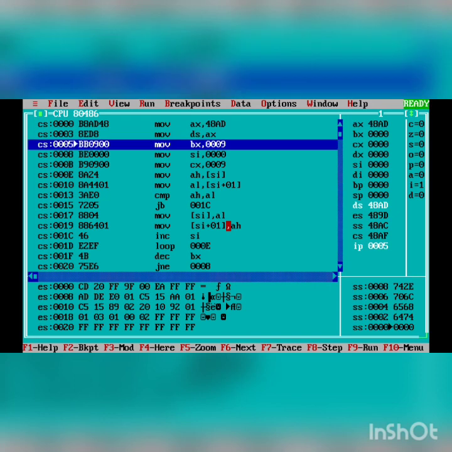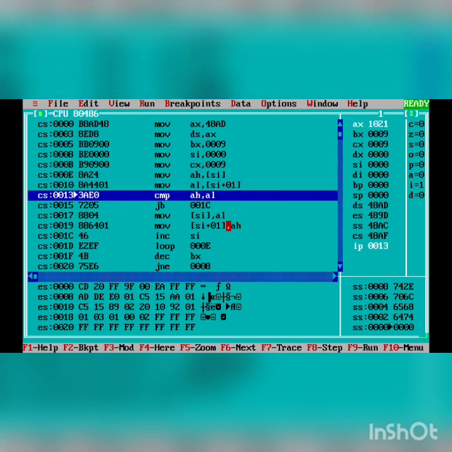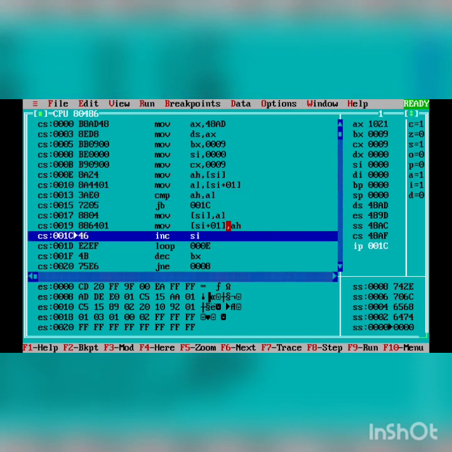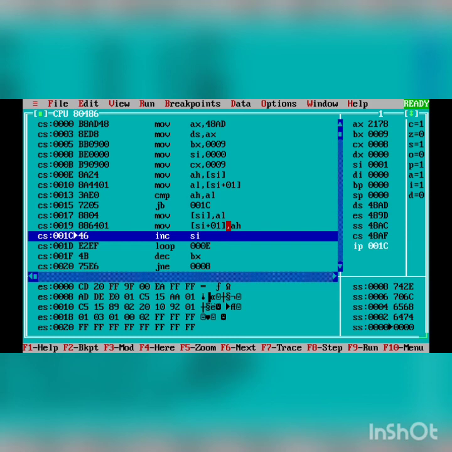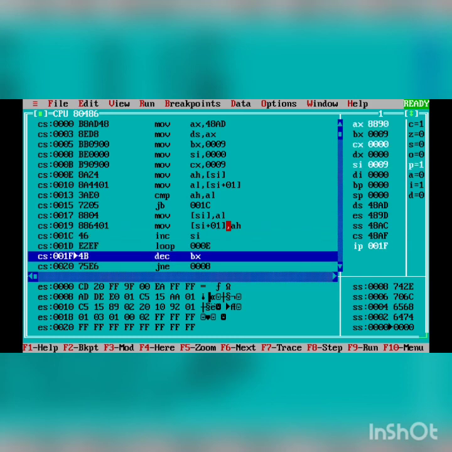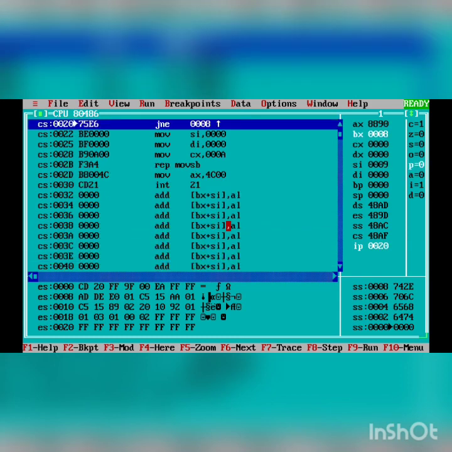Start with the F7. So here we are having the number of passes. In order to skip each comparison and each thing, we can press F8. F8 will perform a single execution in a single step.